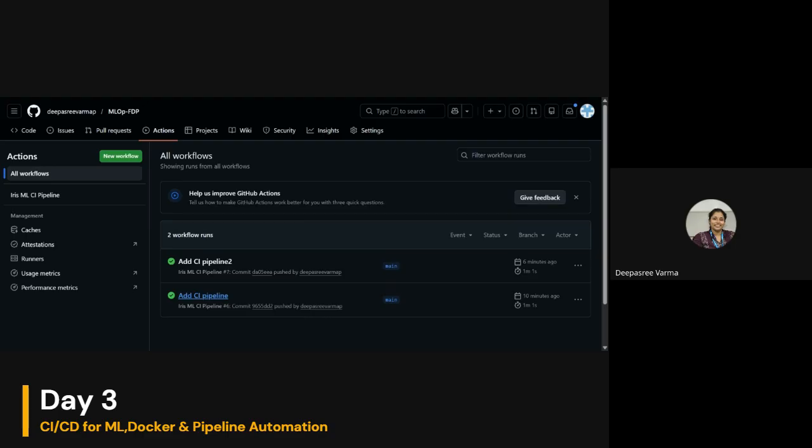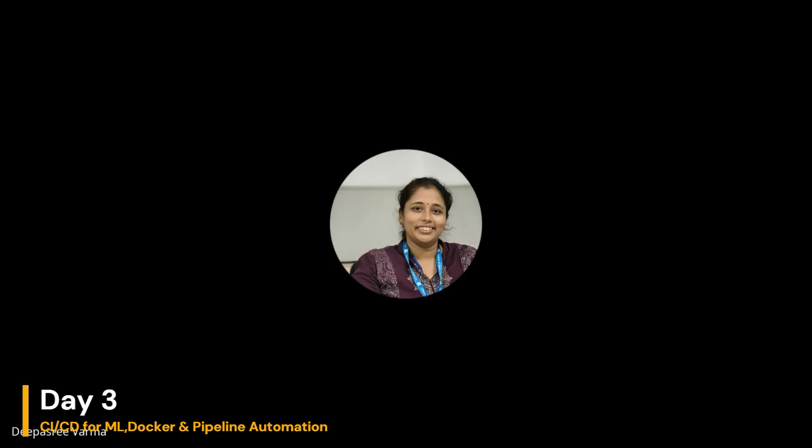As I told you yesterday, since there are participants who are new to machine learning, some of the jargon may not be familiar, but once you do some reading about this, you will get an understanding. So you can start building a machine learning model. Now you have the first machine learning model with you, the iris model. You can take it as a starting point and start building. So that's all from my side. If you have any question, I'll be happy to answer anything you want to ask me.